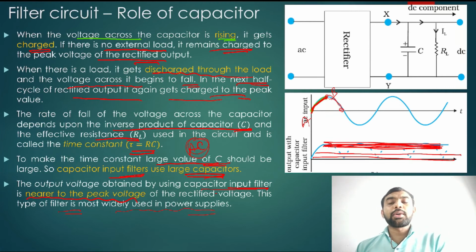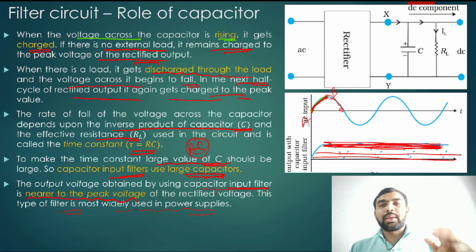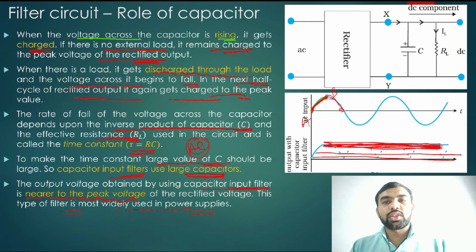In a power supply this type of filter is used. So this is called a filter circuit, and the capacitor maintains the constant current through RL. Due to the capacitor, the constant current is passed through RL. When the voltage decreases or increases, everything happens with the capacitor charging and discharging continuously, and thus through RL the constant current is flowing.